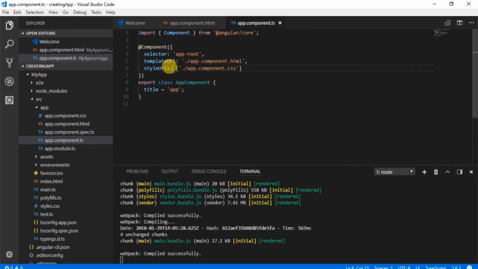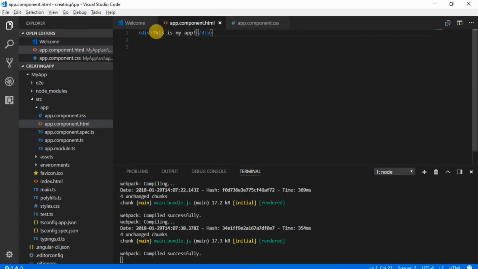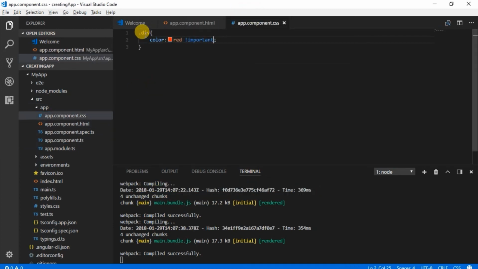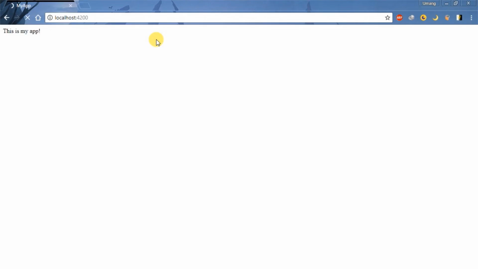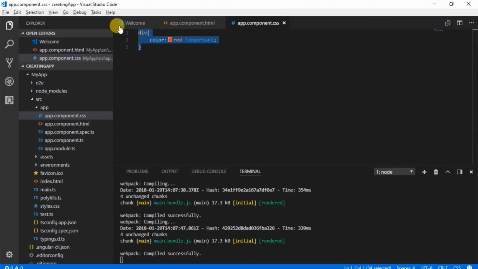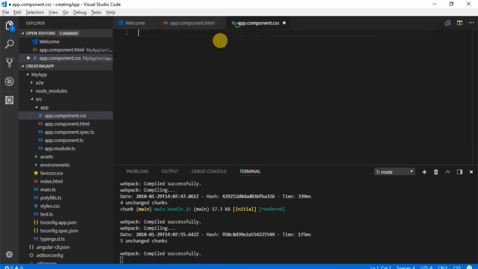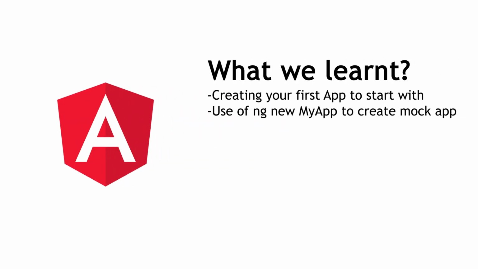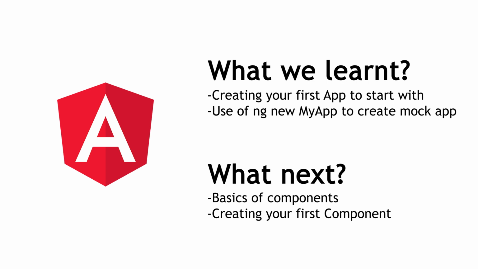content. Now you can also see that there is a styleUrls. So there is a style sheet linked to it also. So just provide any style you want. Like I've provided a div with text color red. Now save it again, you can notice that the change has been made. So as we have set up the basic file structure, we can proceed further to the in-detail explanation of Angular